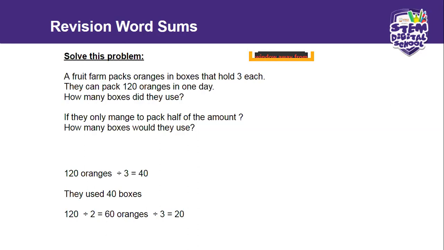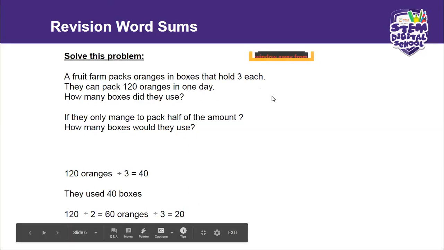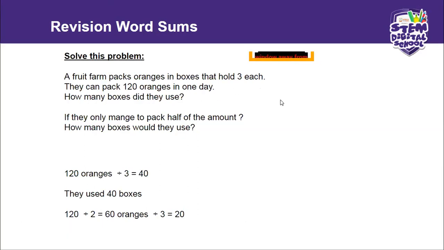So if we want to see how many boxes were used to pack this 120 oranges, our answer will be 40. 40 boxes. The second one says, if they only manage to pack half of the amount,